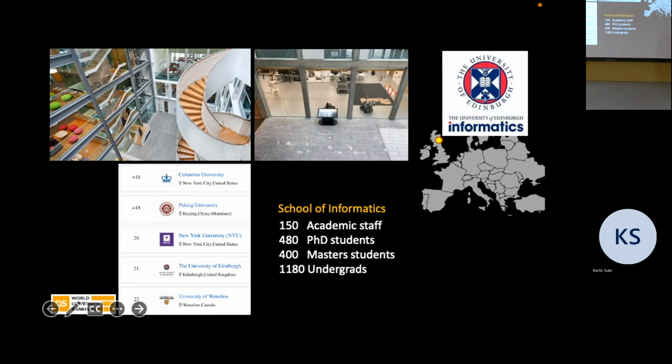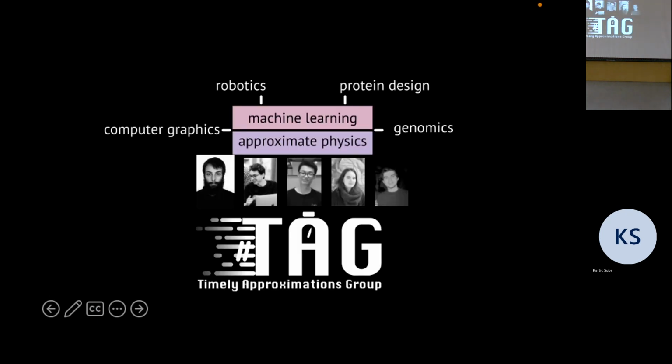But there's exciting research going on there. We have about 150 to 200 academic staff. We have a massive robotics lab with equipment that's worth close to about 20 million pounds, I think. We have the Center for Robotics, that's the big department where I sit. So it's a very exciting place. If you're ever in the UK for a conference, let me know.